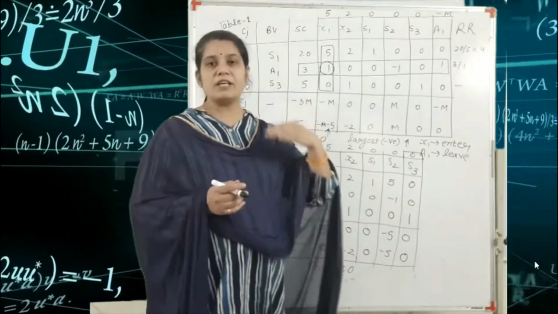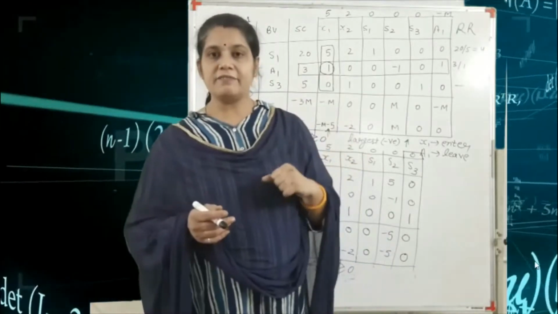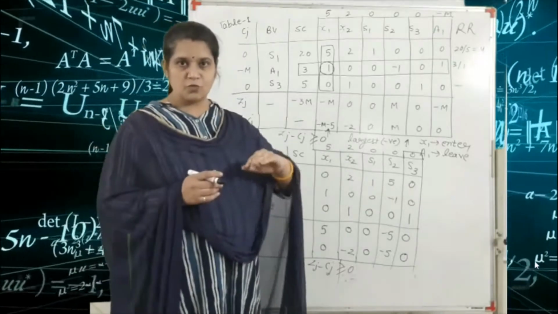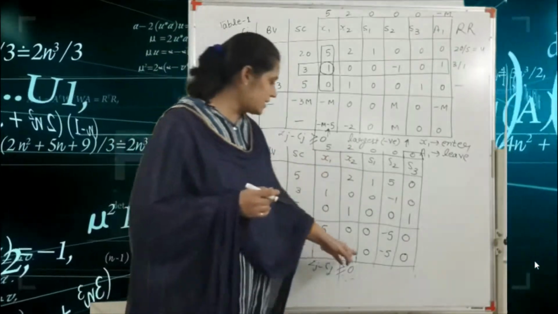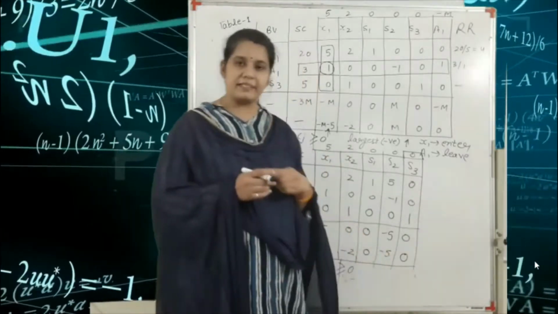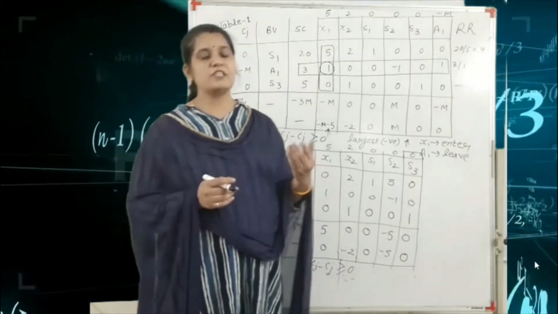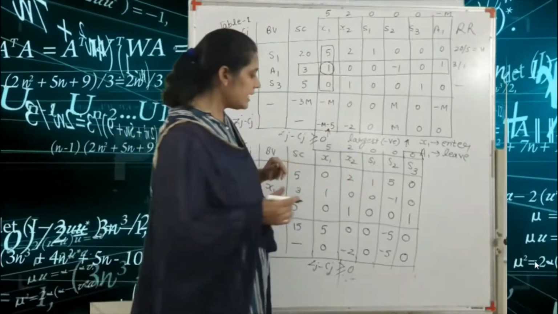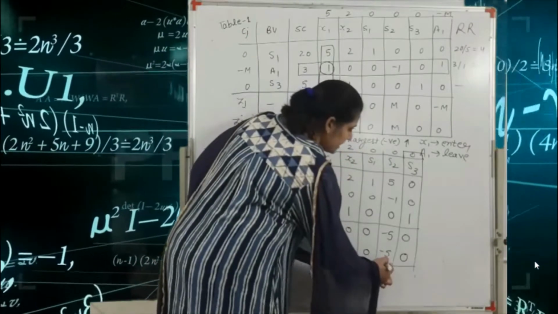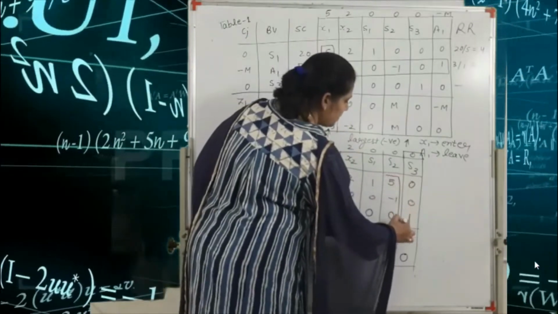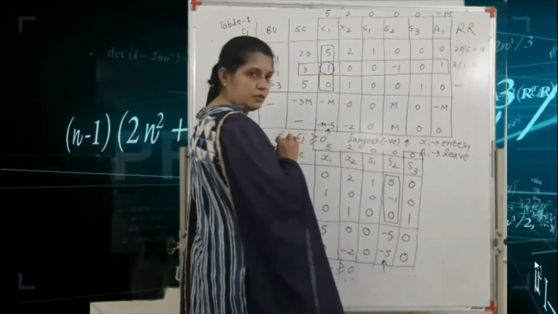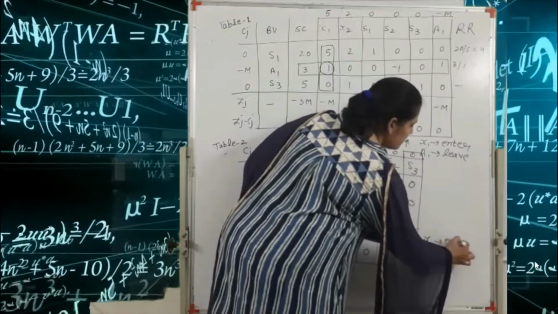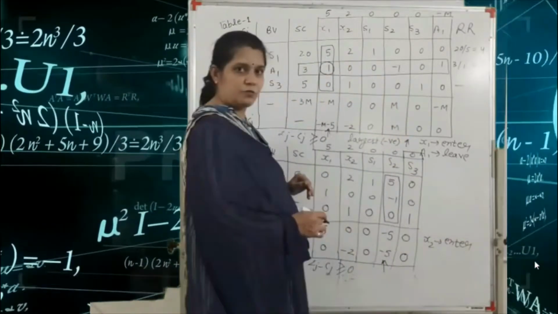So again one variable is entering and another variable is leaving. Here we take the largest value with the negative sign. The largest value with negative sign is minus 5, or in other words you can say the minimum value. So the minimum value is minus 5. That means the X2 variable is entering. So this is your key column. Obviously one variable is new.